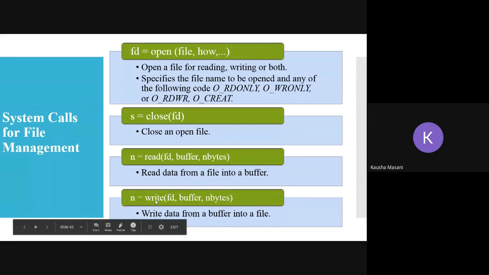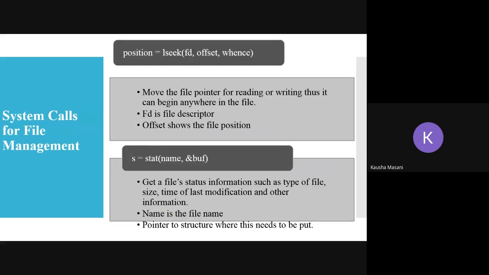Then there is a write system call, where you write the data from the buffer into the file. So in the examination, if you are asked to identify the file system calls for file management, any one of these can be given in the options. All right, something like this, linking, sorry,